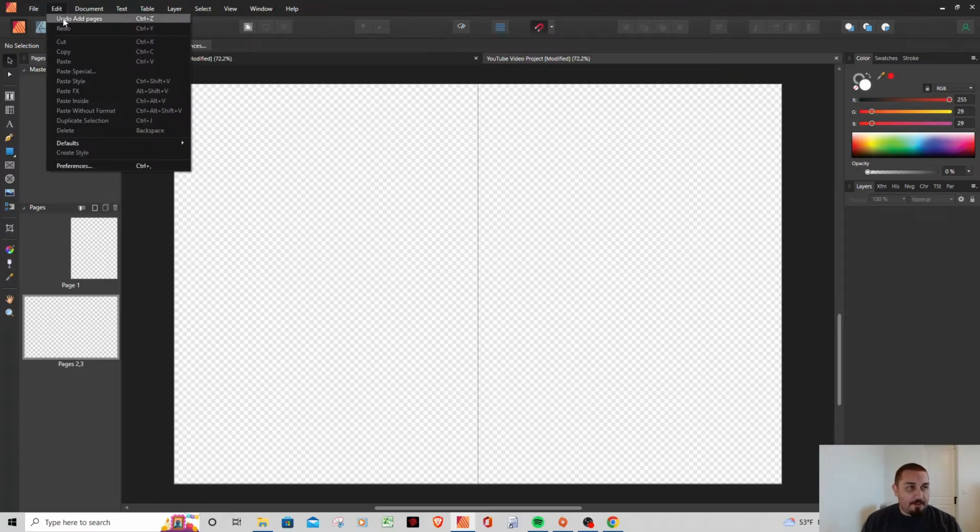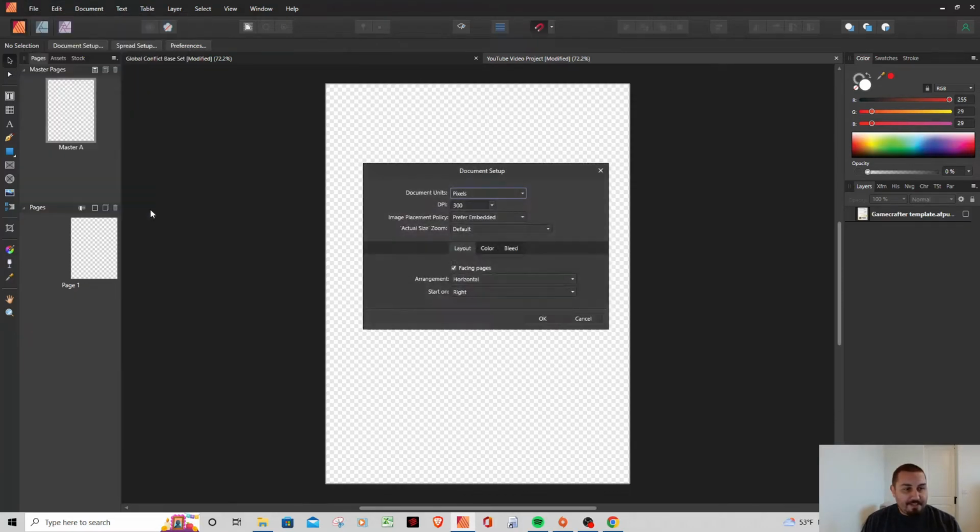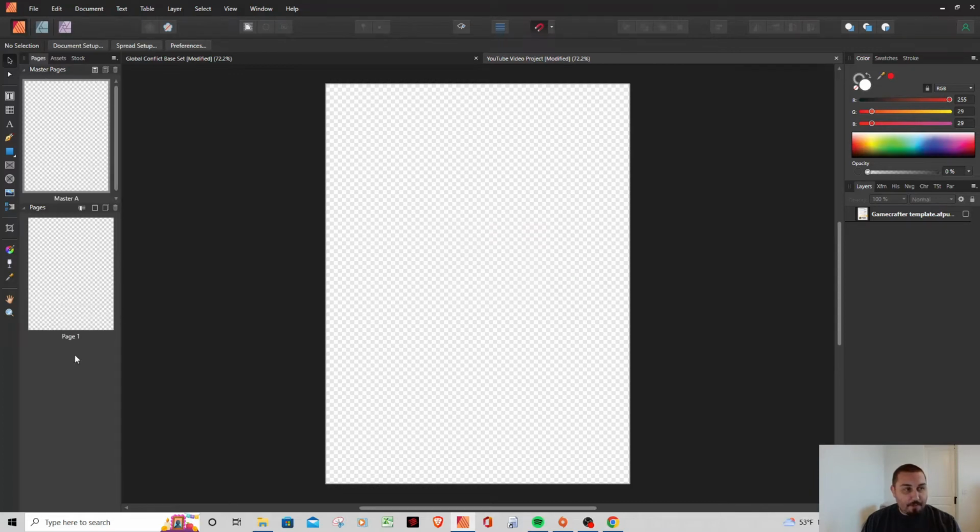So what I'm going to do is go ahead and undo my add page. We're going to go to File, go to Document Setup, uncheck facing pages, and then click OK. And now we've got, boom, just one page, one image per page, which is what we want, especially for